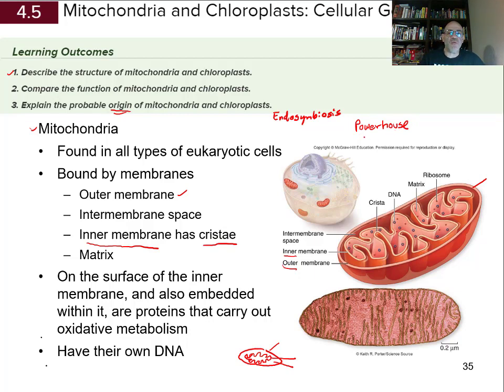So what does that mean? Well, yeah, it generates energy, but now at this level we want to say, well, how does that happen? Well, it's going to occur by breaking down food molecules, oxidizing them. When you oxidize them, you're going to take energetic electrons from the food, and you're going to be transferring them and using the energy in those electrons